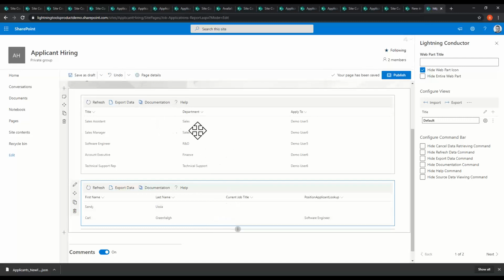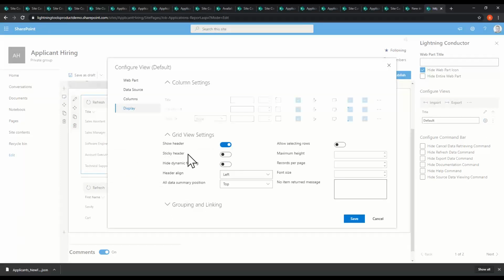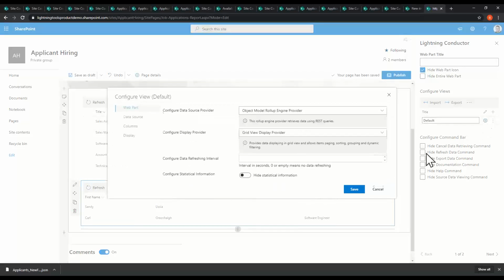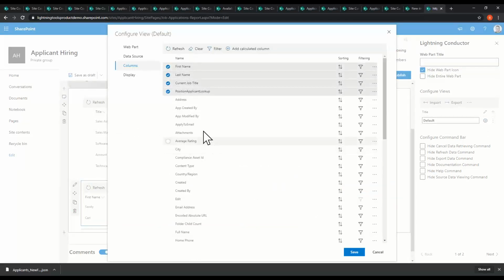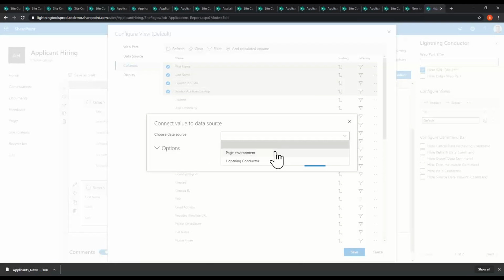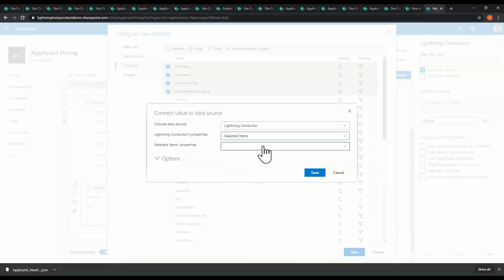But what we now want to do is actually link these two together so we can drill into this information. So to do that, the first one, we need to turn on this allow selecting rows, so we can select a job, and in the second instance, we're going to filter based upon that selected row. So as we go into the columns tab, under this position applicant lookup, we'll click onto the filter icon, and we're going to use a web part connection to basically go and grab from the previous Lightning Conductor the selected item and the title, and map that to this